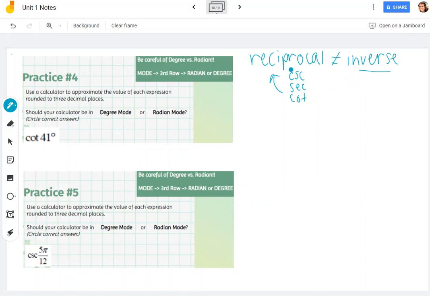So we're going to use a calculator here. If I take a look at this example, it's cotangent of 41 degrees. We want to be careful about the mode of our calculator, but since we're given degrees, I want to pick degree mode. So cotangent, I'm thinking, is 1 over tangent. It's that reciprocal function. So this is exactly what I need to type in my calculator. So to show you,